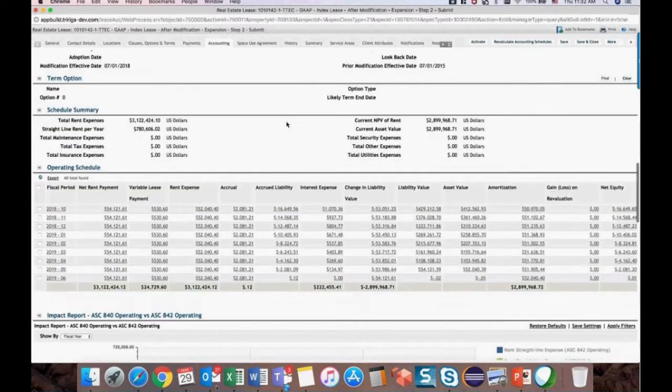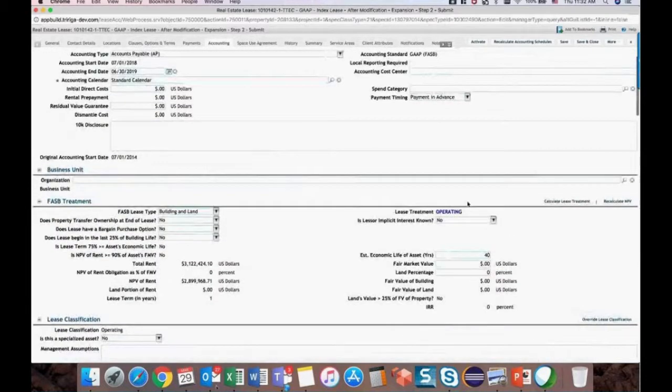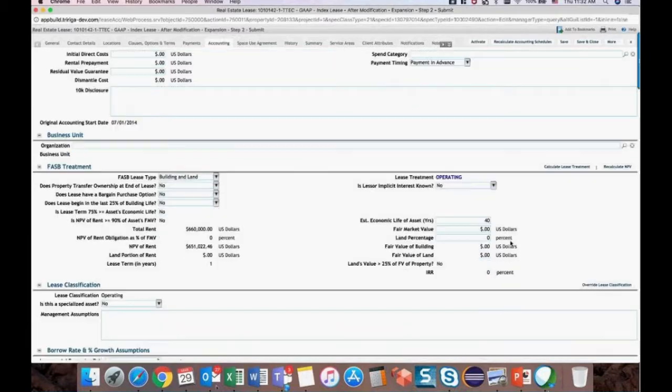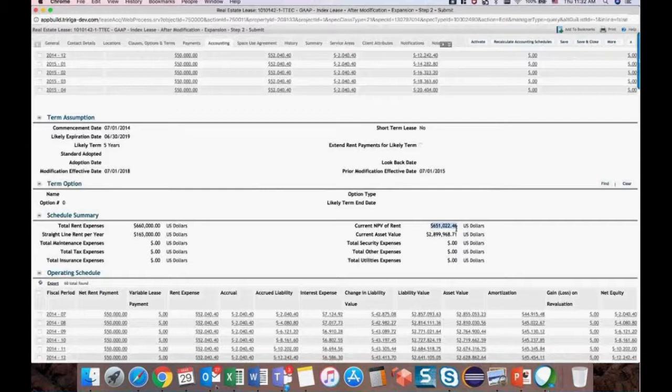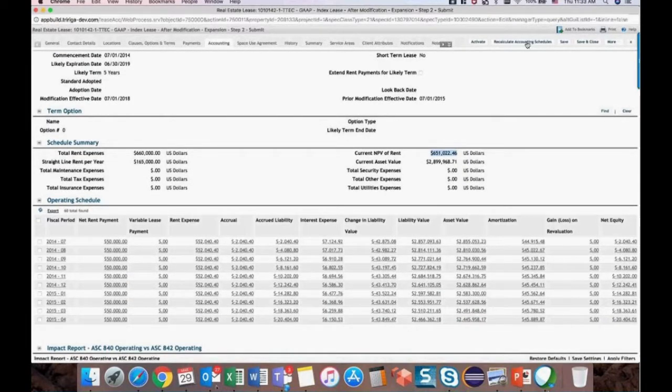So what you have to do now, because the expansion happened, is also reclassify the lease. So re-answer all these questions and then reclassify the lease. And then click on this calculate lease statement. Then once that is done, the lease NPV from that modification period will be updated, and then he will need to remeasure the lease. Click on this recalculate accounting schedules. So once he clicks on that,